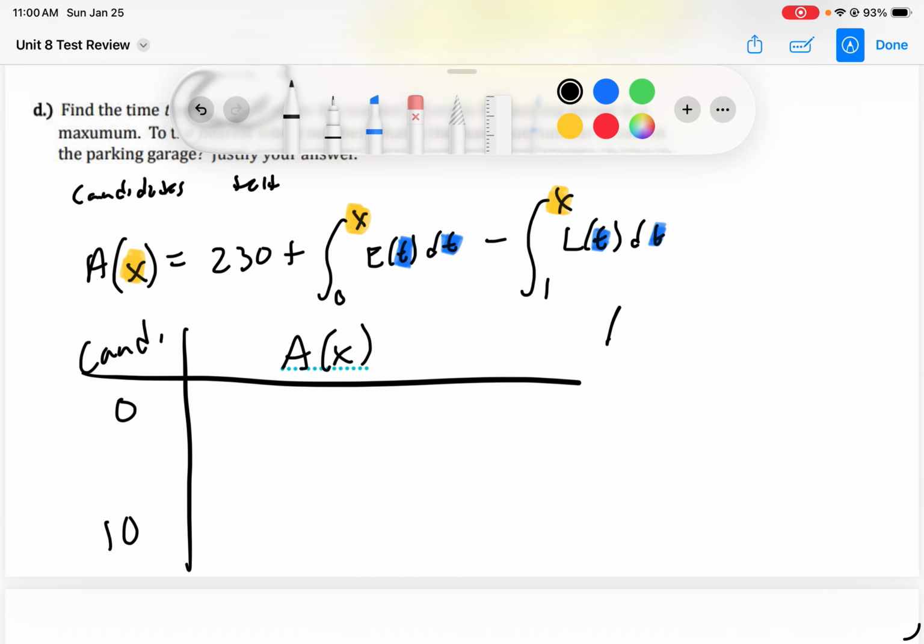And we know A prime of x is equal to E of x minus L of x. So I'm trying to find where E of x is equal to L of x. And that happens at the value 2.5212. So in Desmos, graph one, graph the other, E of t, L of t. There's your number. And then from here, just type them in. You've defined what A is. And then write A of 0 is 230. A of 2.5, I wrote this down, was 264.425. And at 10, it's